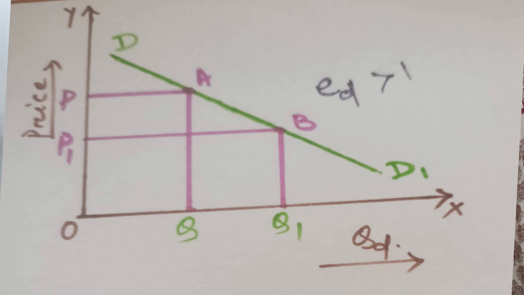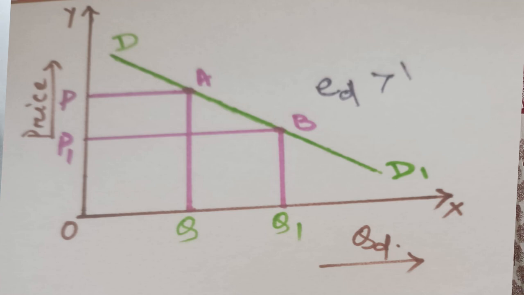The DD is the demand curve. In that case, originally the price is OP, where the consumer is demanding OQ of quantity. Now, suppose the price falls from OP to OP1. That fall is leading to an increase in quantity demanded from OQ to OQ1. So, a PP1